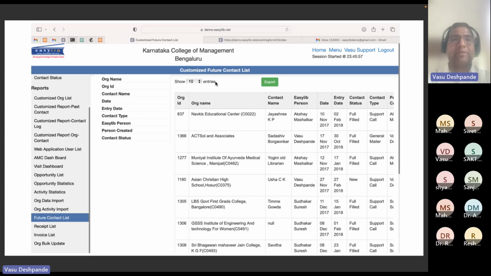So this is one screen which tells the customized future contact list. It tells, okay, this person, Akshay Mashalkar, is supposed to do this activity. Vasu is supposed to do this activity. Sudhakar is supposed to do this activity. Fulfilled means they have completed that activity, right? If it is a new one, he has not yet completed the activity, right? So this is sample data which helps each of your 5, 10, 100, 200 staff. You will be able to track what activities are assigned,